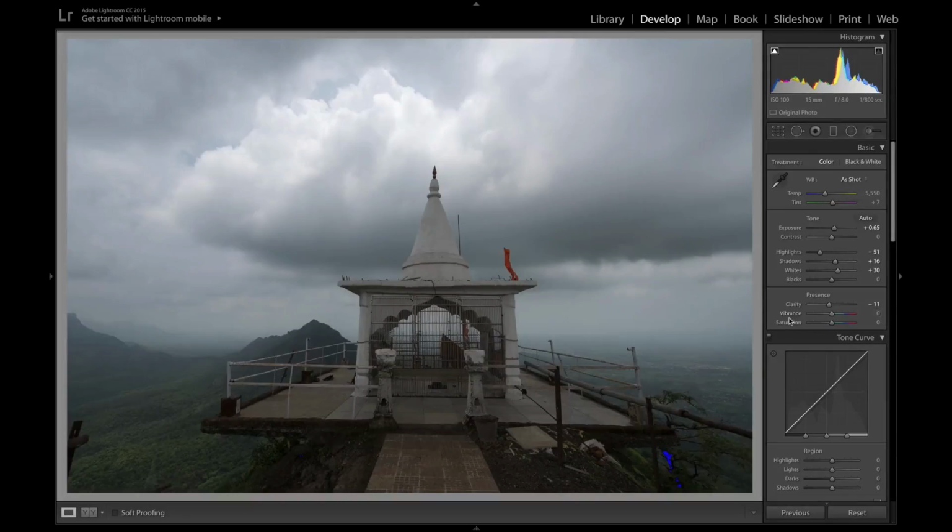When you adjust the highlights and shadows, you're already introducing a bit of HDR effect. So I'm going to decrease the clarity, and that will give me a better natural looking image. Speaking about vibrance and saturation, basically